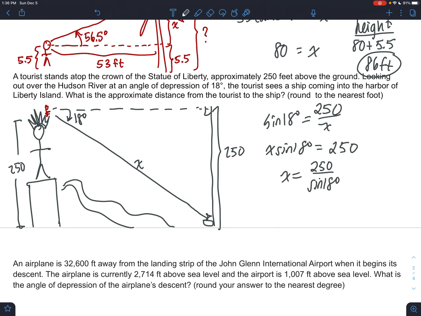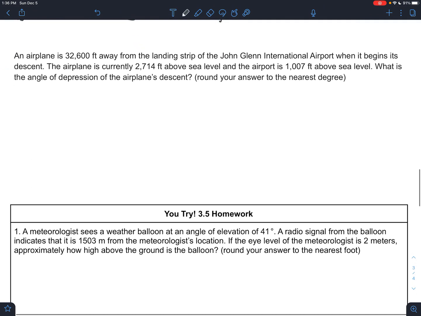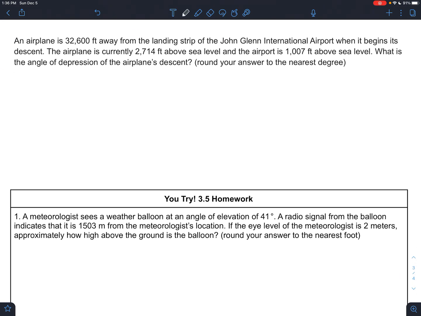We've done this just a few minutes ago and at the beginning. So I don't want to bore you with all the details, but 809, and we should put the units, feet, is that diagonal distance from the boat to the person. Okay? So there's an angle of depression question for you. And finally,